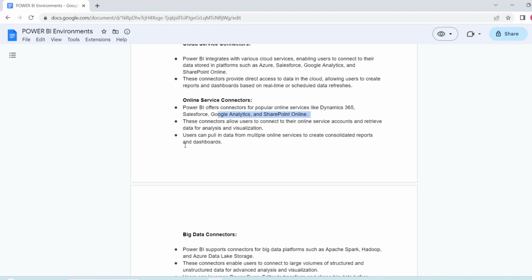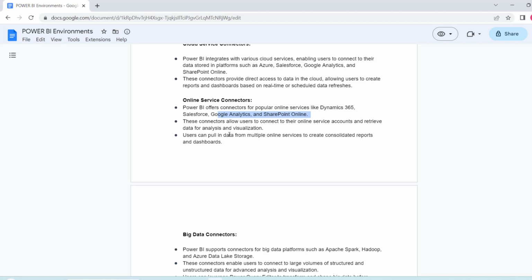Suppose you have a business and your data is stored in various different locations. Power BI can pull data from the multiple online services and create consolidated reports for you, and those reports can be combined together